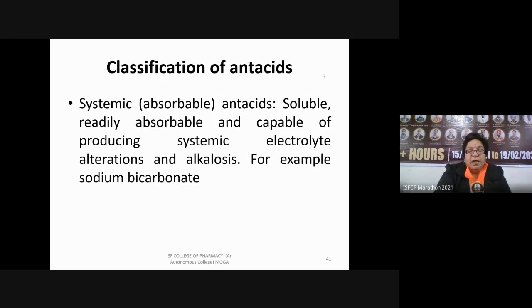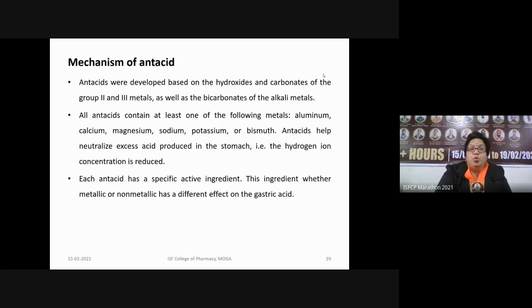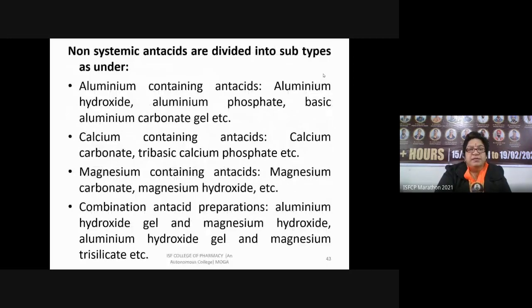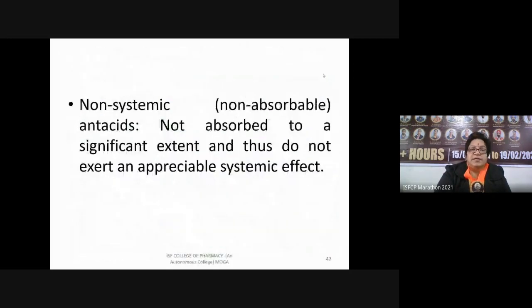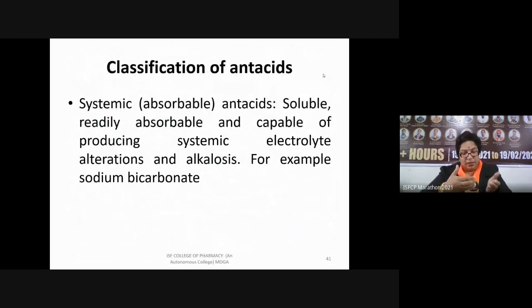Now coming to the classification of antacids. They are broadly classified into two classes, systemic and non-systemic. So systemic, like absorbable antacids: soluble, readily absorbable and capable of producing systemic electrolyte alterations and alkalosis. For example, sodium bicarbonate. अब इनके केस में क्या होगा कि in the system they will be, if they are absorbed, they will go into the system. If they go into the system,